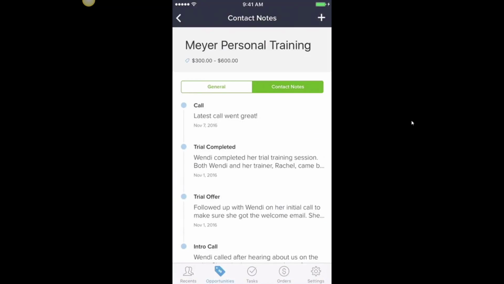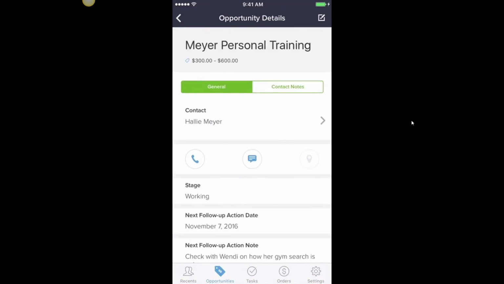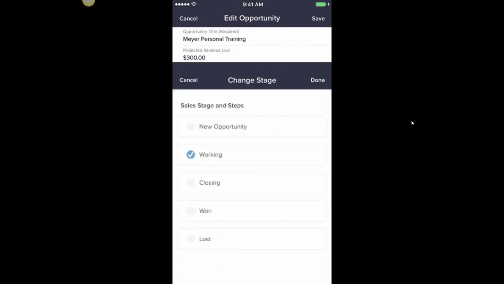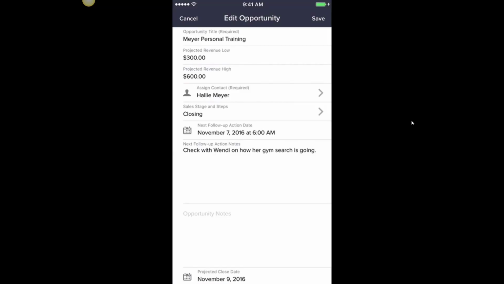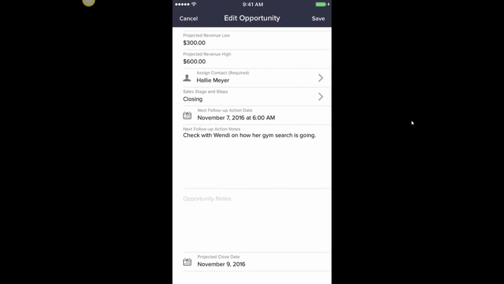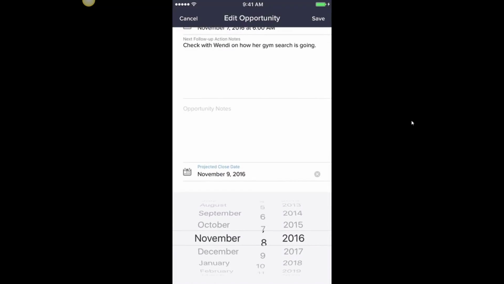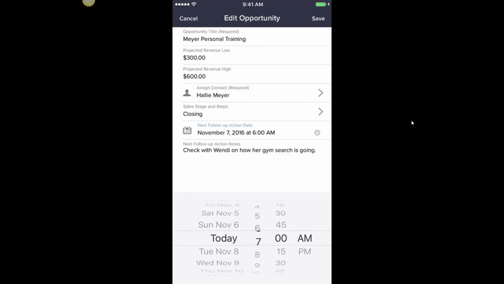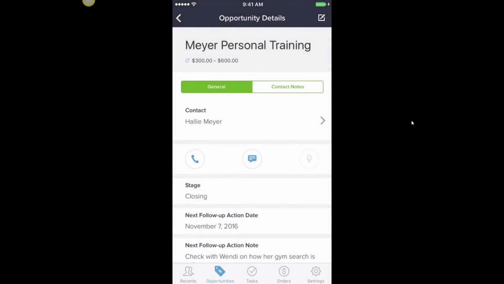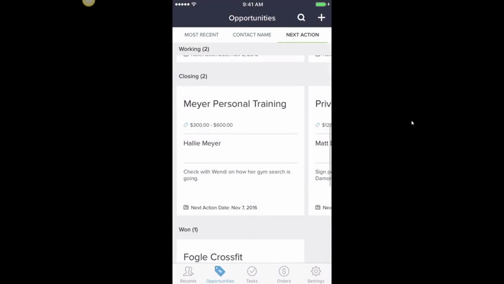Once you hit save, there's my new note at the top of the list. So I'll go ahead and select back. Under the General tab, I can look at all of that information and update the stage. So I'll switch it to closing, then hit save. I'll also update the projected close date. Hit save in the top right corner once I'm done. And there's my newly saved opportunity record. So if I hit back here,